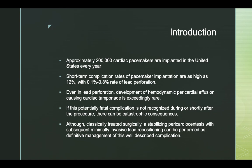Approximately 200,000 cardiac pacemakers are implanted in the United States every year, and these do carry a short-term complication rate of about 12%. 0.1 to 0.8% of these are due to lead perforation. The majority of these cases do not develop hemodynamically significant pericardial effusions, but if they do, they must be recognized quickly as there can be catastrophic consequences. Historically treated with open surgical drainage and revision, but select patients may benefit from pericardiocentesis and only require minimally